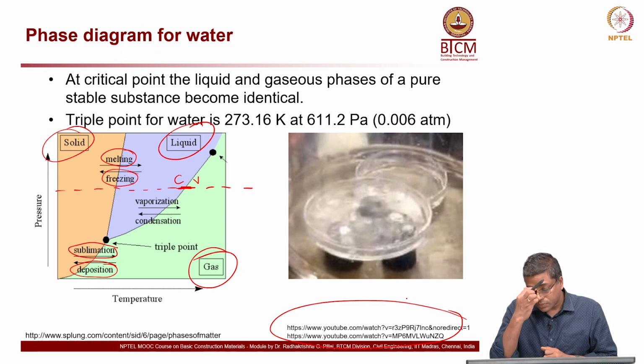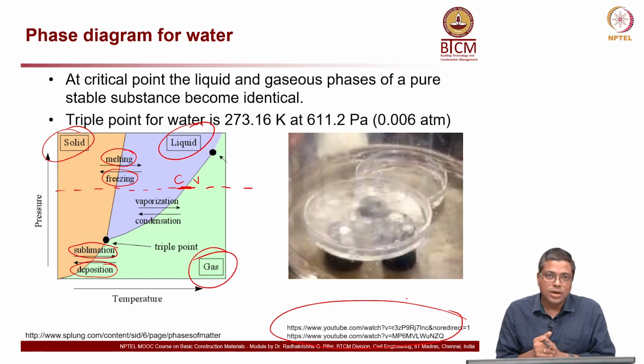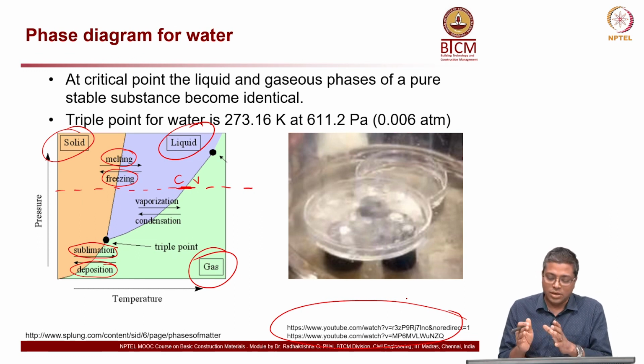This is actually on water. You can see ice crystals formation, boiling water and also gas bubbles, bursting of gas bubbles. All these things are visible at the same time. It happens in the same petri dish which is used in this experiment. So, all three coexist because of just slight